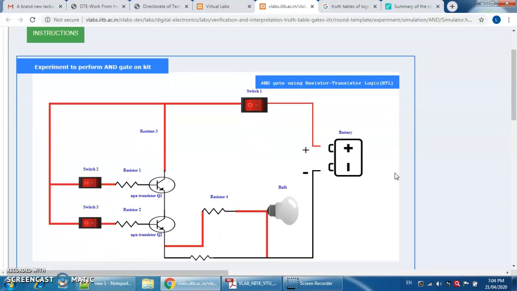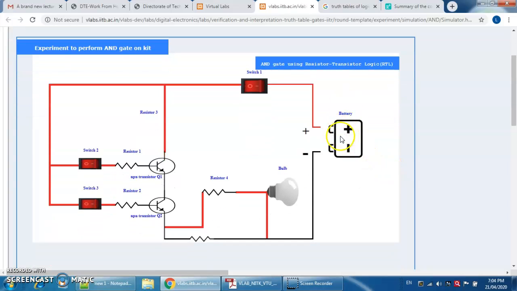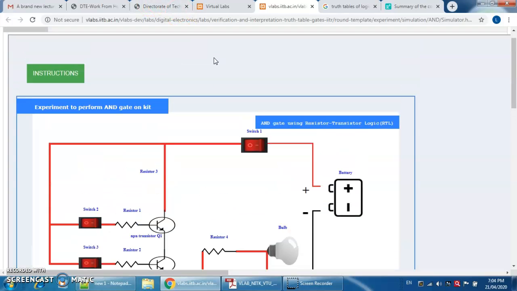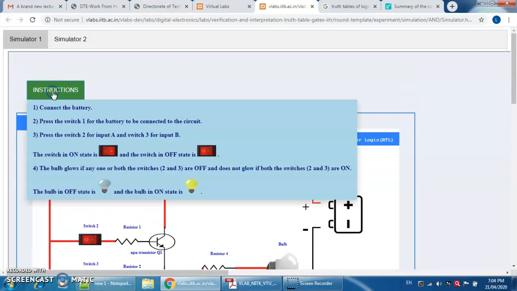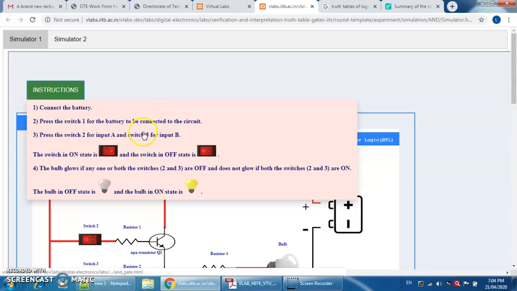You can read the instructions. I know the instructions, so I am not following the process, but if you don't know, you can follow it.